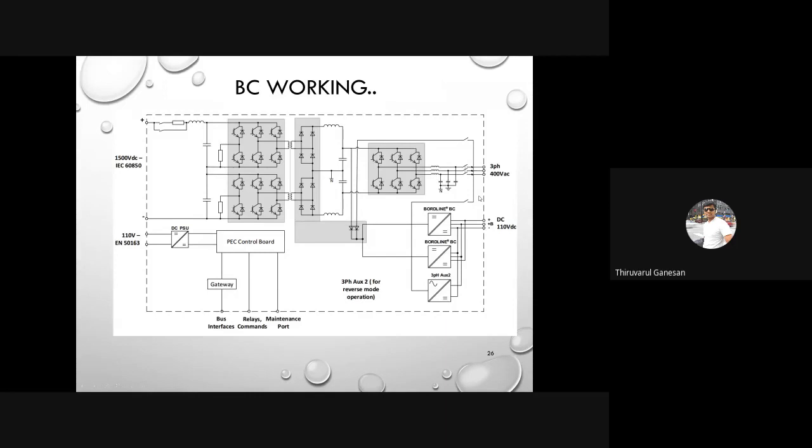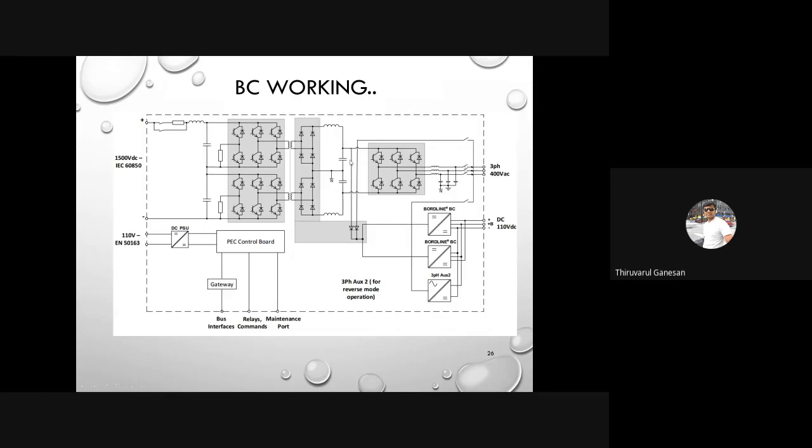This is a DC catenary system, and it will feed a 1500 volt DC, which will be fed to an H bridge inverter, and this is a high frequency configuration. And here it's a normal diode rectifier, which converts into DC, and it is a 2-level inverter which will convert back to your auxiliary loads.